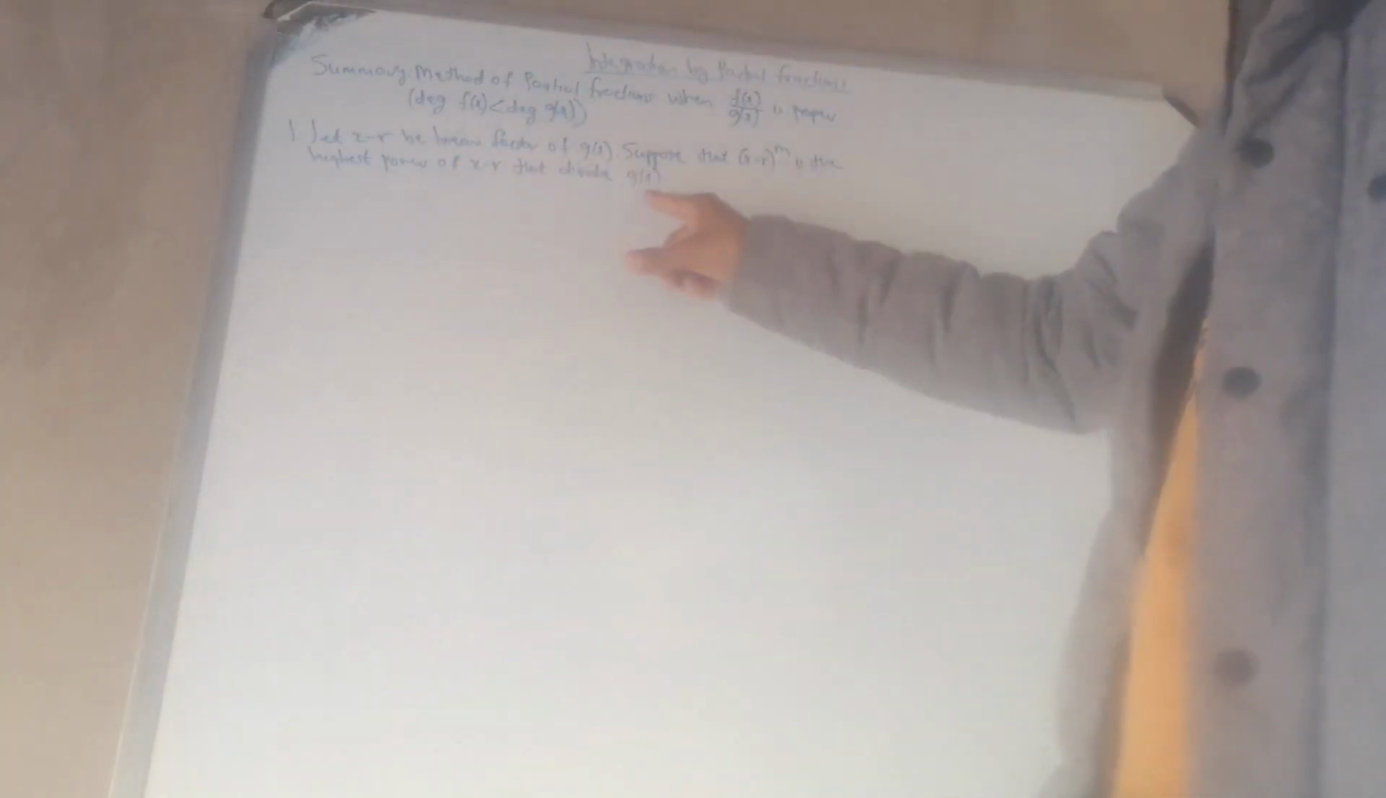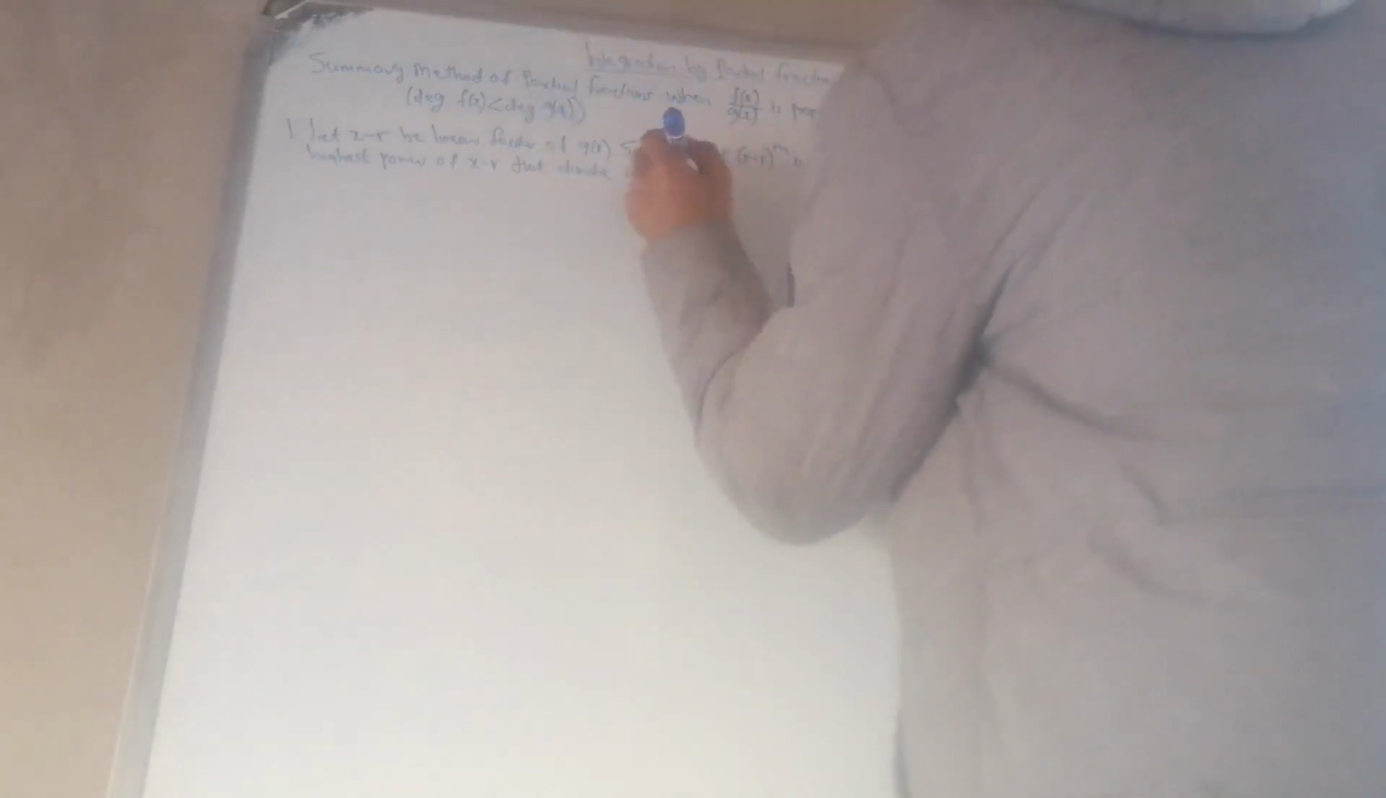So we are saying we will let x minus r be a linear factor of the denominator g at x, and we suppose that x minus r is raised to an exponent of m. It is the highest power of x minus r that divides into g. Okay, that's fine. I know for now things are not clear, but as we continue, I think they will. And then once that is said and done,